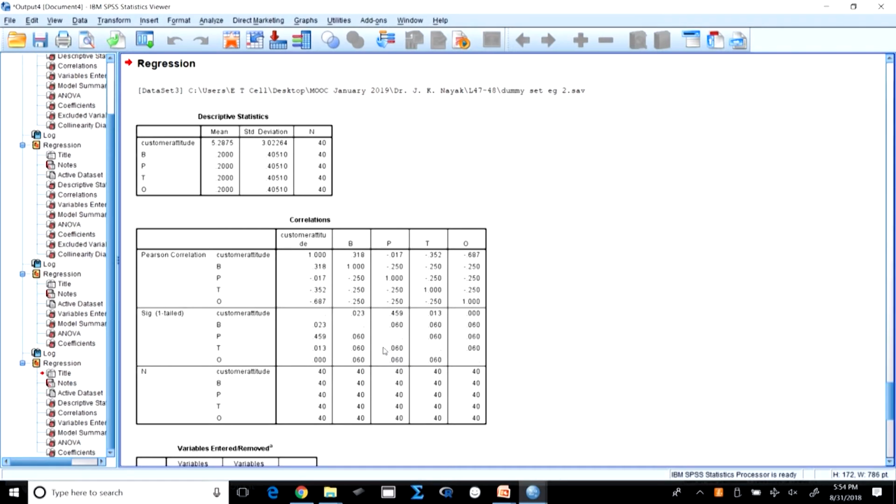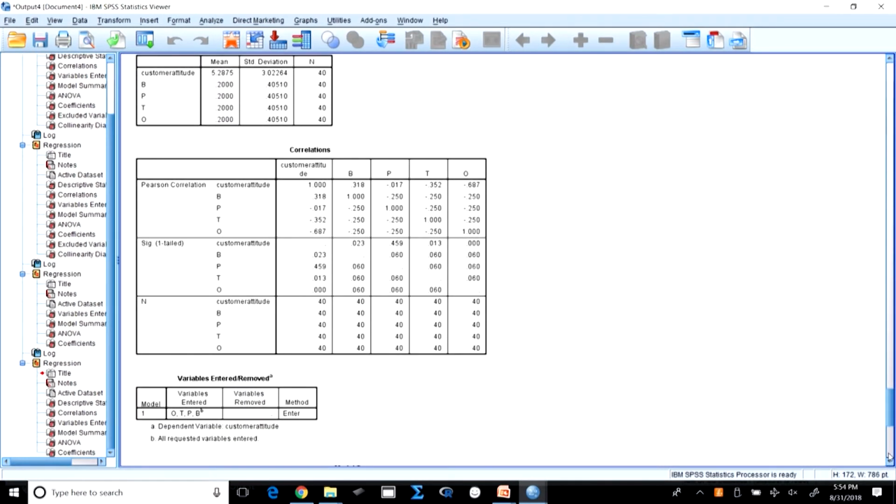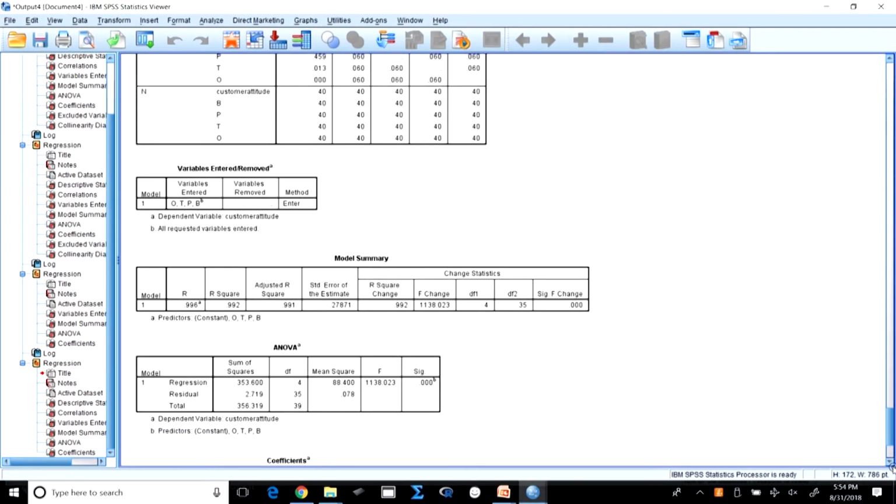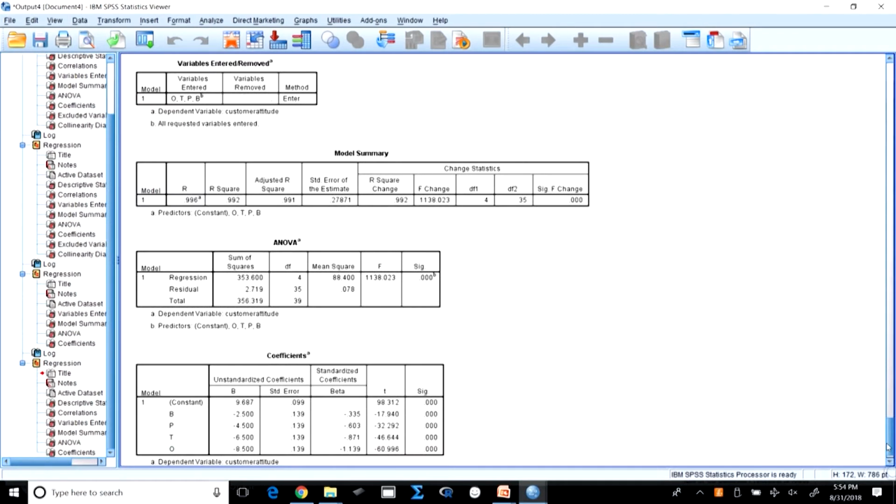Now, you see the mean and standard deviation has been given to you, right. If you look at the model, this is the correlation, and go down to the model summary. This model is explaining almost 99.2%, that means the effect of ethnicity on consumer attitude to advertisements is 99% in this case, it is highly significant. And look at the coefficients. B is the beta, the constant intercept is this much and it is all significant. And the slopes are also given to you, right.